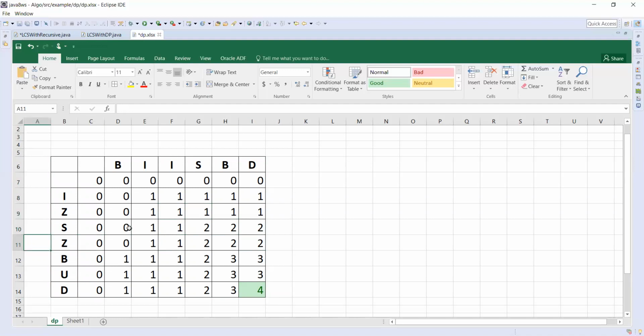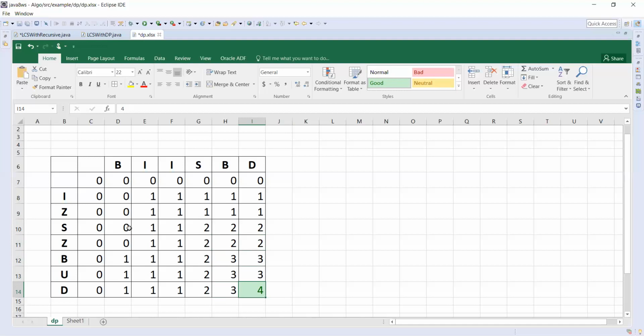Likewise, when you come to B, B and B match, so 2 plus 1 is 3. When you come here, the maximum of 3 and 2 is 3. Likewise, come to here, D and D match, and the value will be 4, and our answer is also 4.